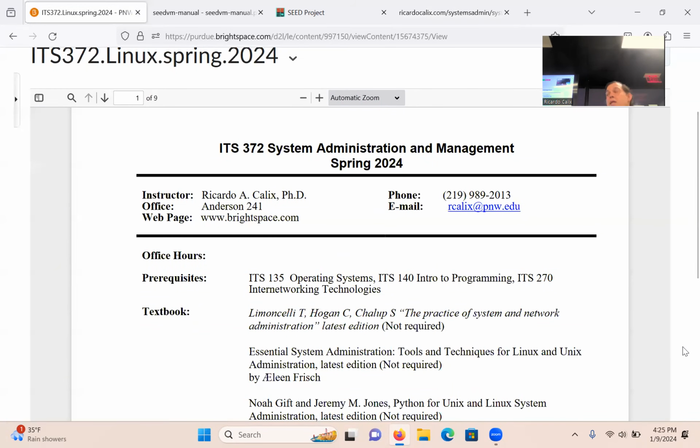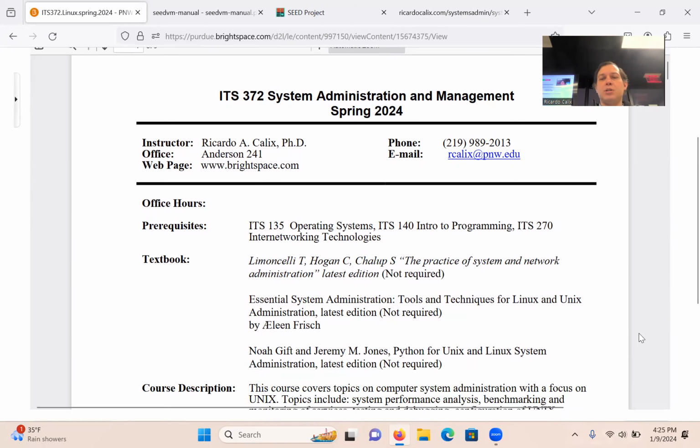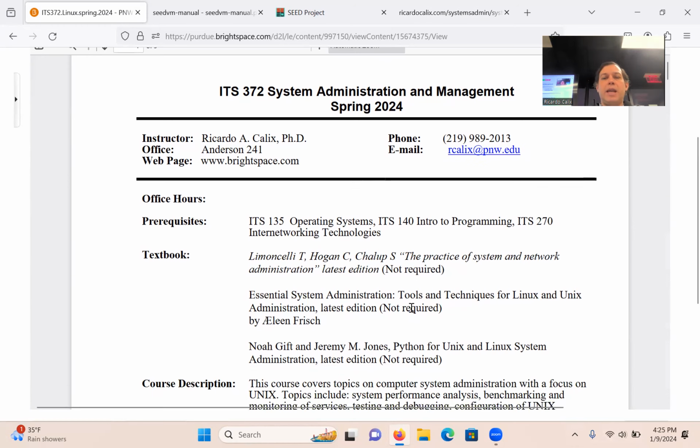So this is, as I said, ITS 374, System Administration and Management. I'm Professor Calix. I'm in Anderson 241, and you'll submit your homework assignments on Brightspace. I already mentioned the books. None of them are required. I like this one in particular, Essential System Administration. But